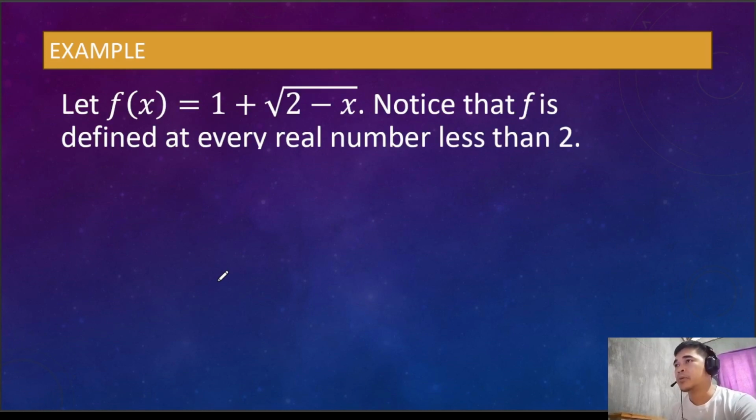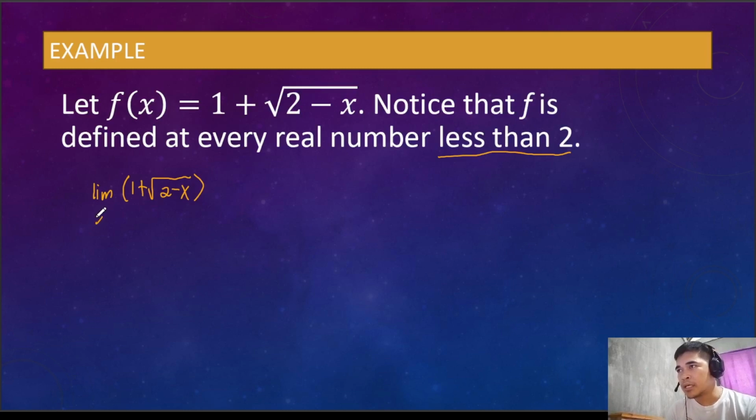So let's have some examples. Let f of x equal 1 plus square root of 2 minus x. Notice that f is defined at every real number less than 2. So let's write the limit. The limit of 1 plus square root of 2 minus x as x approaches 2 from the left, or the values less than 2, is equal to